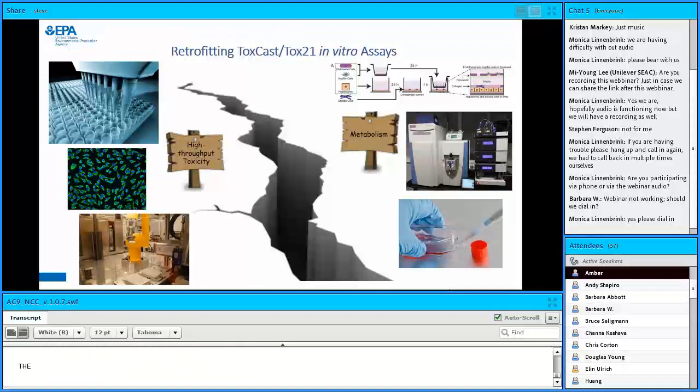In fact, virtually none of them are. And so we have to move a lot of assay technology to new cell types. Some of these are stable cells that have been published for over 25 years. It would be a really big lift to move all of our high-throughput toxicity testing infrastructure over to the metabolism